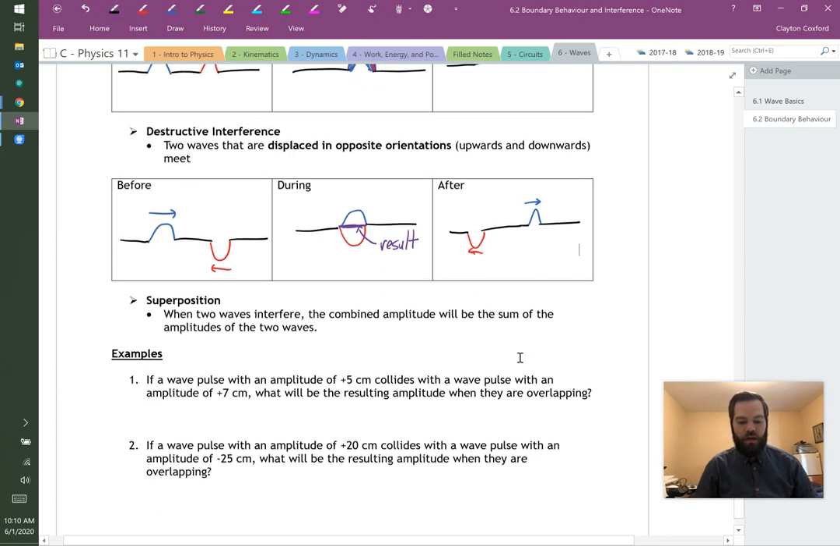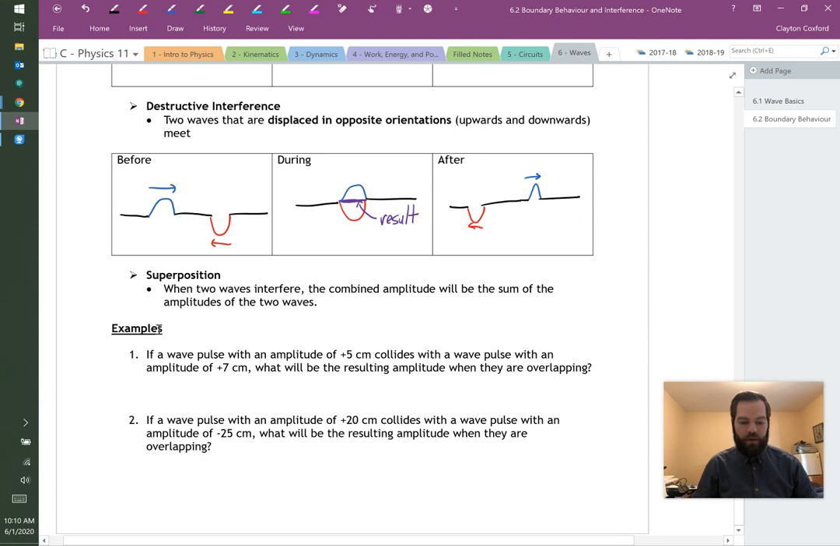Okay, and all right, so let's do a couple examples, and these are pretty simple examples. So if we have a wave pulse with an amplitude of +5 centimeters and it collides with a wave pulse with an amplitude of +7 centimeters, what will be the resulting amplitude when they are overlapping? So here's our 5, and here's our 7. And when they overlap, we're going to get an amplitude that is the combined, right, our amplitude being the height from the midline here. Our amplitude is going to be +5 plus +7, and that's going to equal +12,